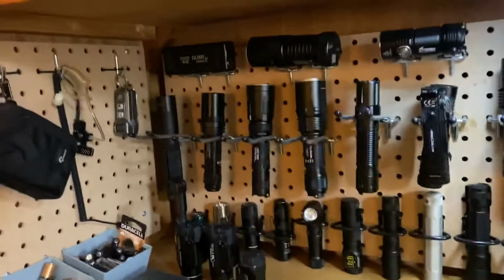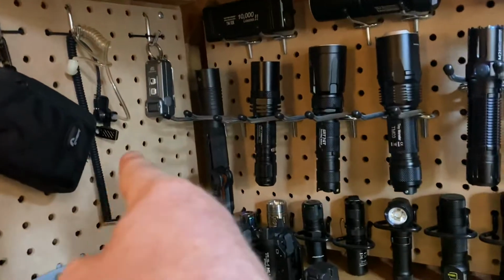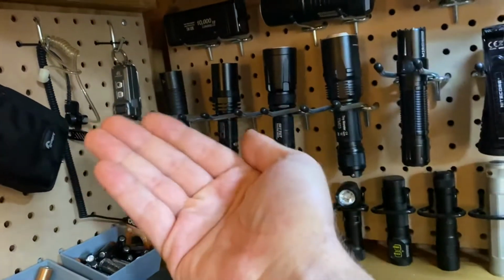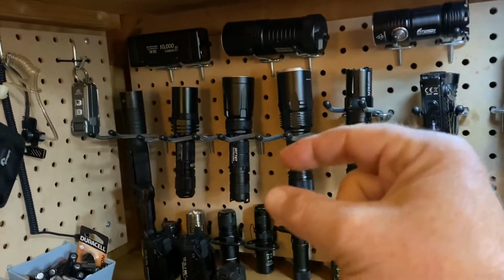Also, when measuring, bear in mind as you do your sides that your rear panel is going to stick out about that much and your side panel is going to stick out about that much. So don't just measure without bearing in mind that gap you're going to need to leave for yourself. And then